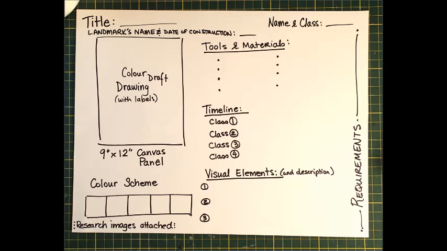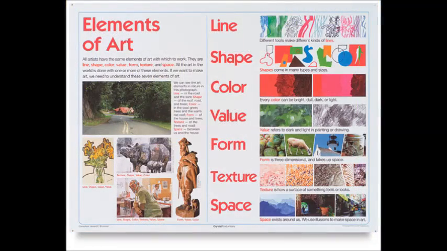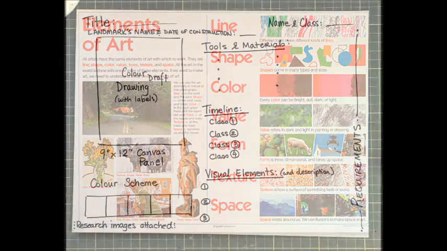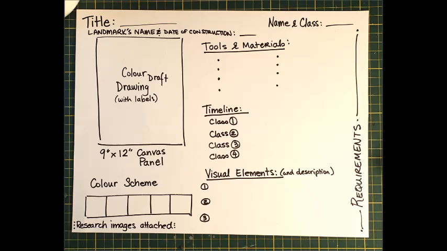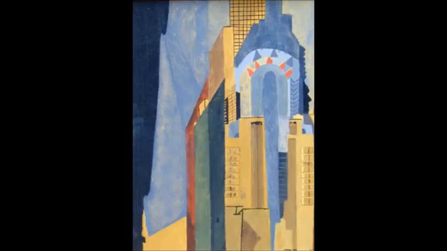Now, the elements of design, remember, are line, space, shape, form, color, value, and texture. You'll also need to include all your research images and text. They need to be stapled to the back of the proposal. Now, due to time constraints, the actual physical painting doesn't have to be created. However, if a student wishes to complete the actual painting, all the materials will be made available from the prep